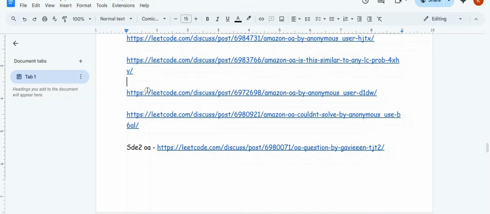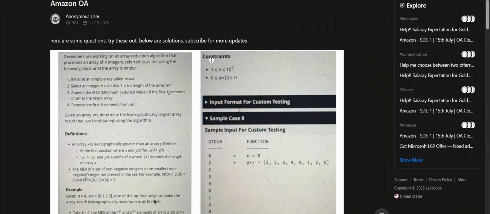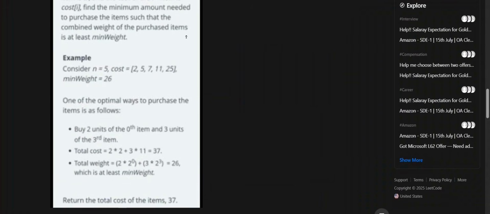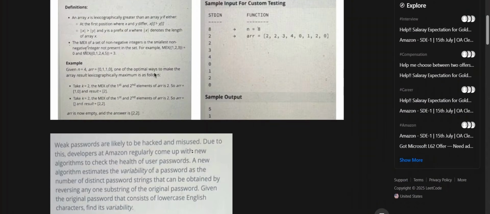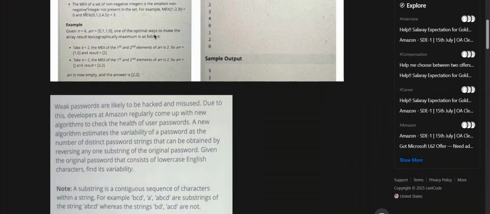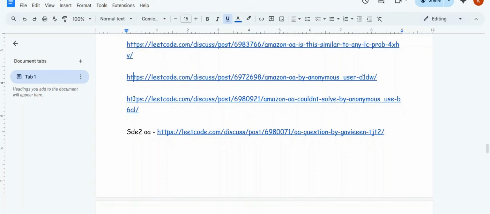That was very difficult. Anyways, guys, now if I try to open more OA problems for you people, this is the same one which I opened. This is the same password one. Modified nums. Yeah, this is not Amazon. Only these two are Amazon OA problems, that's what I think. Now, if I try to show you more, there are so many that are not even ending. But these are all the OA problems asked in June and July 2025.